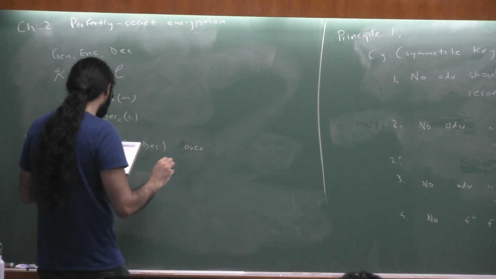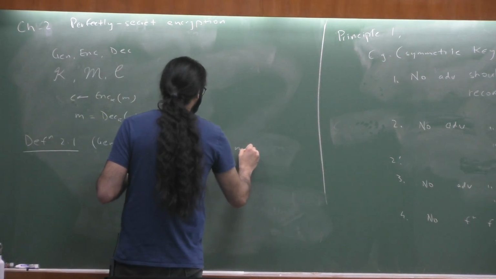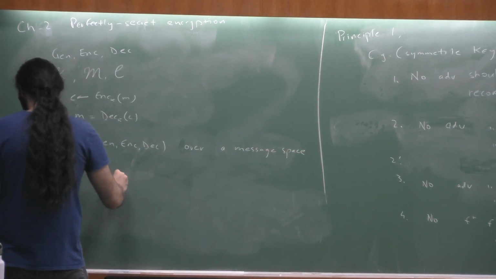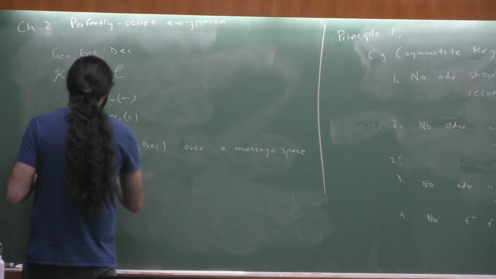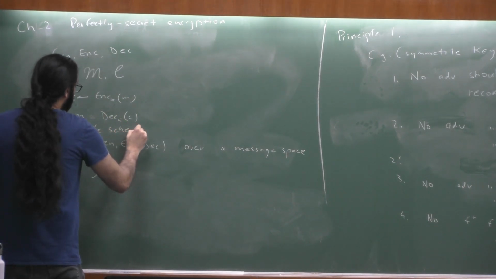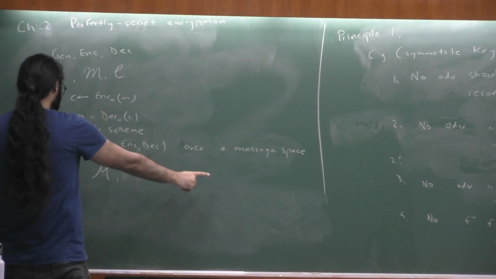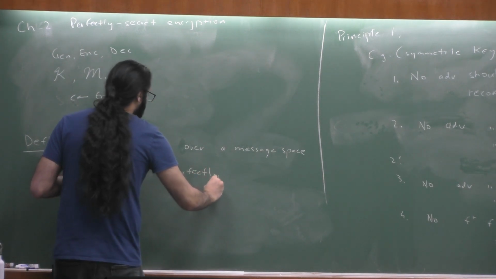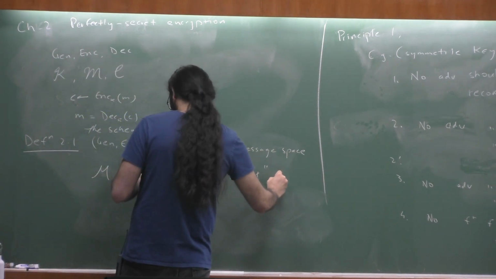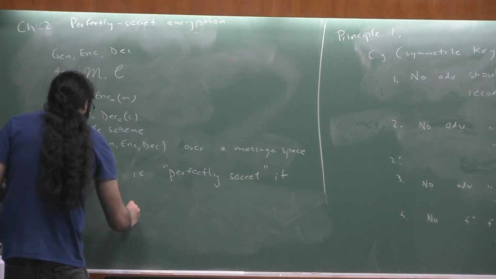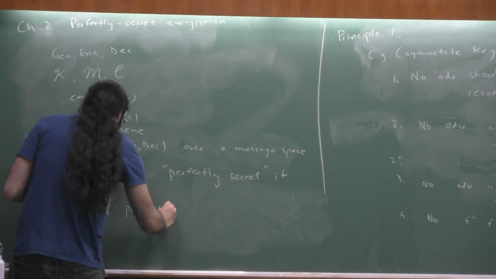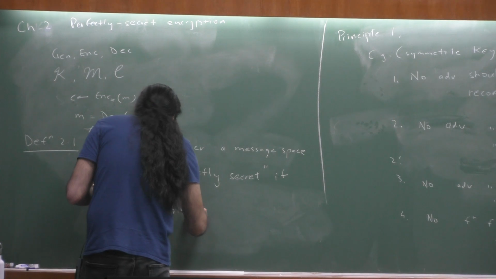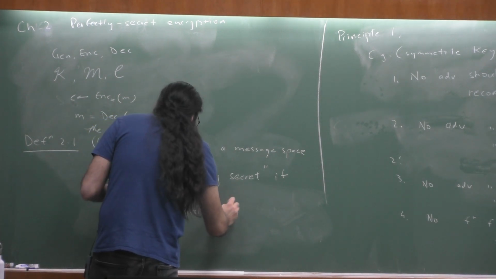So over a message space M, we'll say that the scheme Gen, Enc, Dec over a message space M is perfectly secret if for all probability distributions over M, which was the only little thing you were missing in what you were thinking,